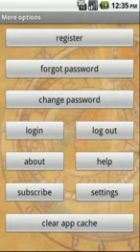Now, if you forget your password, you can click and enter some fields, and the new password will be emailed to you, and then you can change that password to something more meaningful. This is the login, logout. About is just some information about the application. Settings we already saw, and Clear App Cache basically clears any information related to the guide, including the places in the current guide, and also